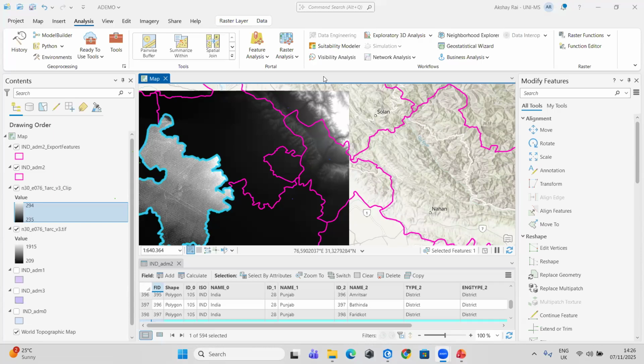Done. So, were you able to do it? Yes. So, now you know the clip raster function. Yes. Now, what if I